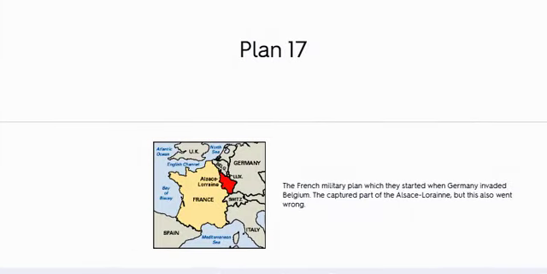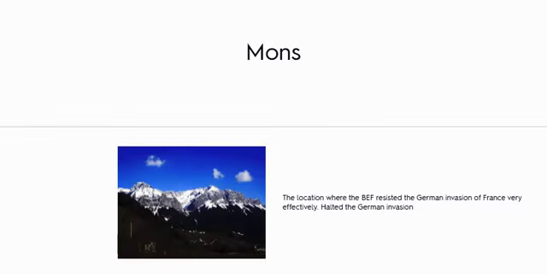Plan 17. The French military plan which they started when Germany invaded Belgium. They captured part of Alsace-Lorraine, but this also went wrong. BEF. British Expeditionary Force, 120,000 paratroopers landed in France to support the French with Plan 17. The Germans thought the BEF was a contemptible little army. Mons. The location where the BEF resisted the German invasion of France very effectively, halted the German invasion,